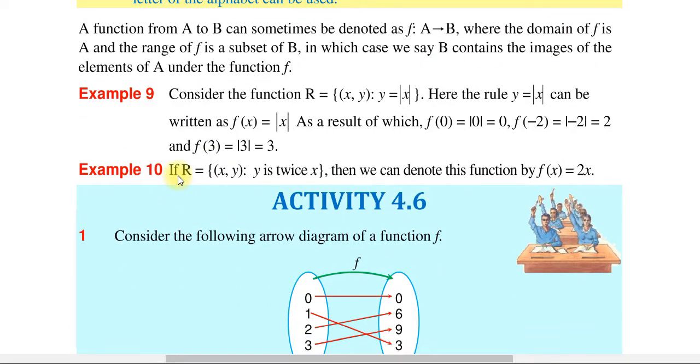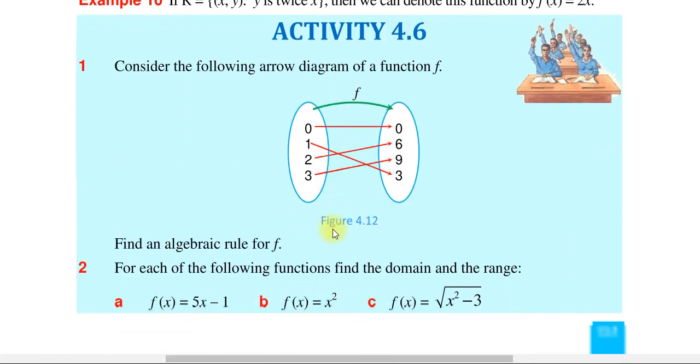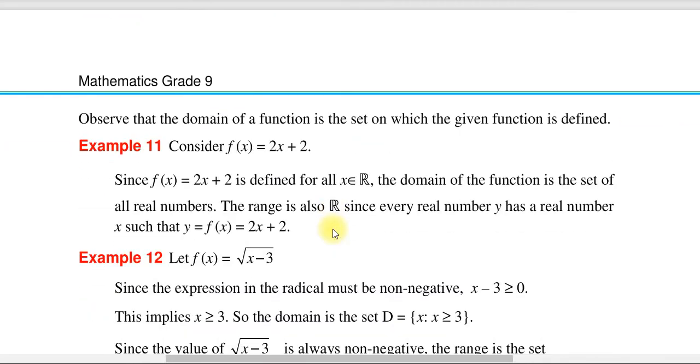Example 10: if R is the set of (x, y) such that y is twice x, how can we denote this function? Then we can denote this function as f of x equals 2x. ሌላኛ ኤግዛምፕል ምን አለን? Consider f of x equal to 2x plus 2. እንግዲህ ፋንክሽን ከዚህ በኋላ f of x እያልን ነው የምንገልጸው ብዙ ጊዜ።